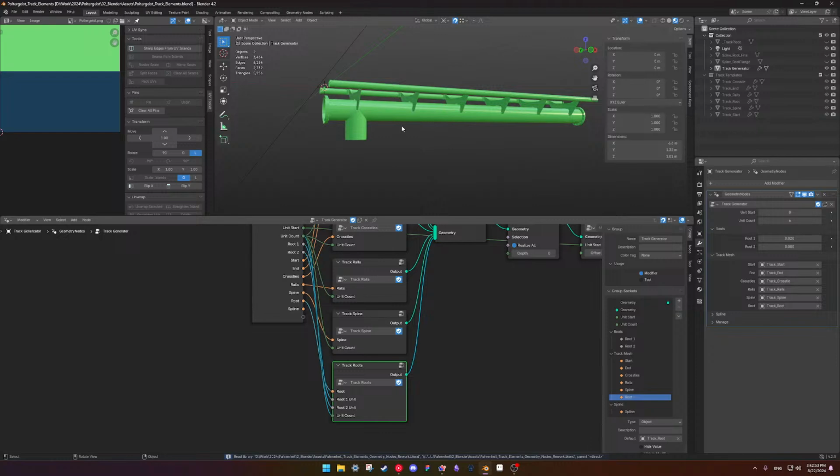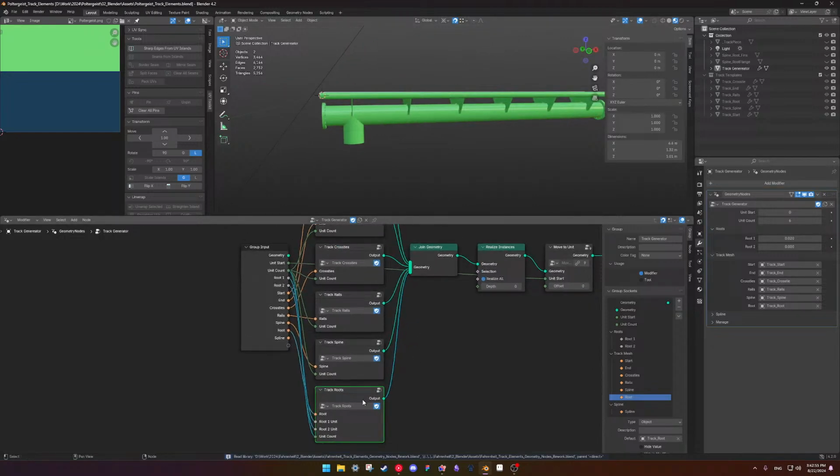Check elements. Position. Root 1 position.